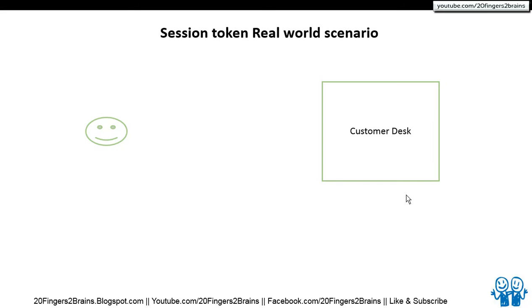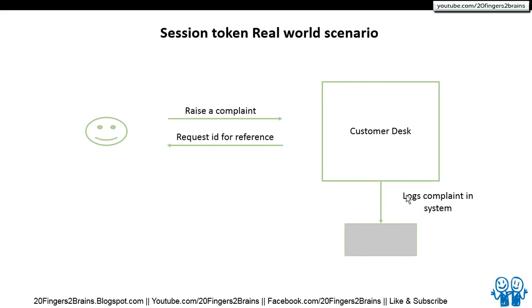So now in this scenario, you are a user and you are not able to access your internet service, and you're going to call your internet service provider customer desk. You raise a complaint. The customer desk personnel basically collects all your information, logs a complaint in the system, generates a complaint ID or a reference ID, and gives it back to you. Now this reference ID is very important because that reference ID is unique to you and unique to your complaint and can be used for